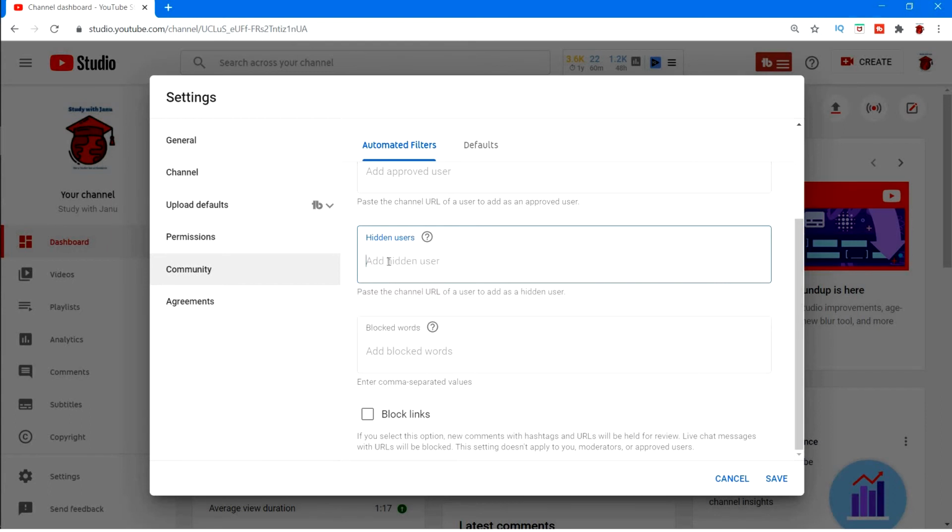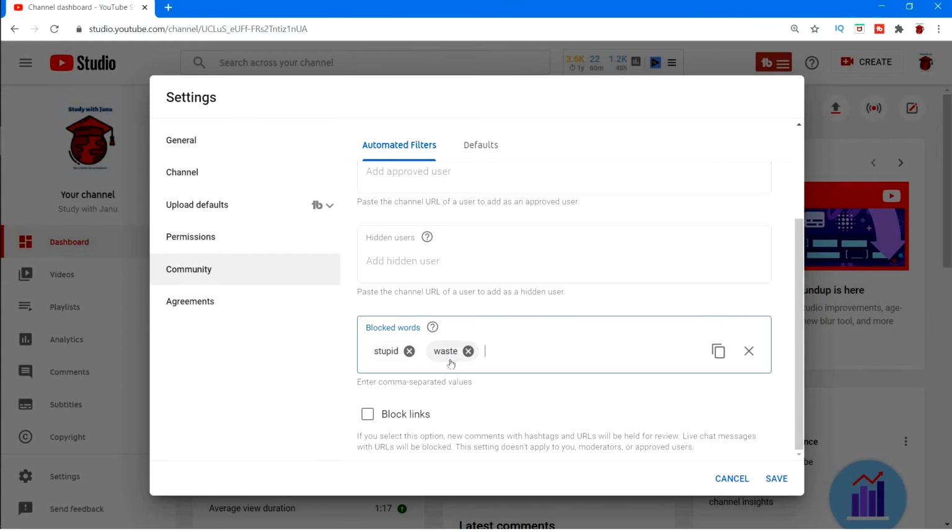If anyone gives bad comments, this is also the best place to hide them. If they keep posting bad comments regularly and you hide them, their comments will not appear on your video. And blocked words: you will have lots of bad comments, which is very common.